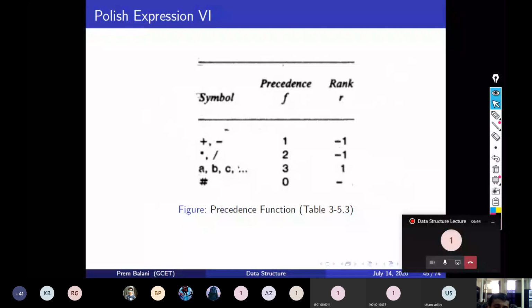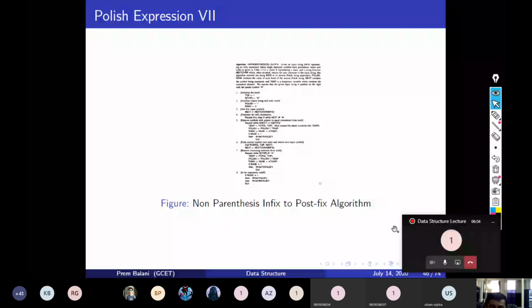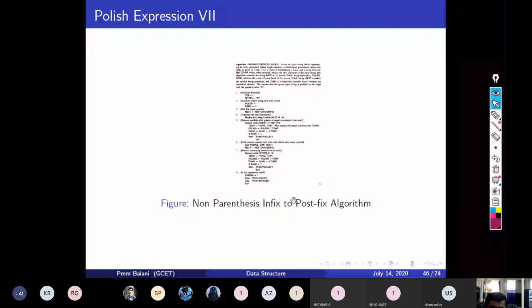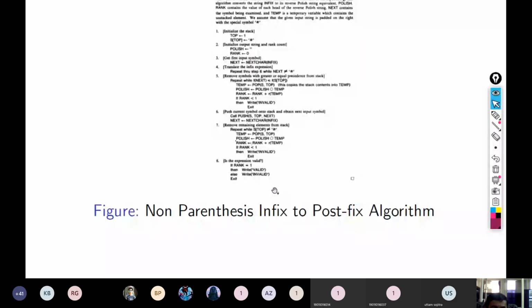We have also seen the precedence function and rank function, which are used to convert the infix notation into the postfix notation. And this is the algorithm which we went through in the last lecture. Any doubts in this algorithm?